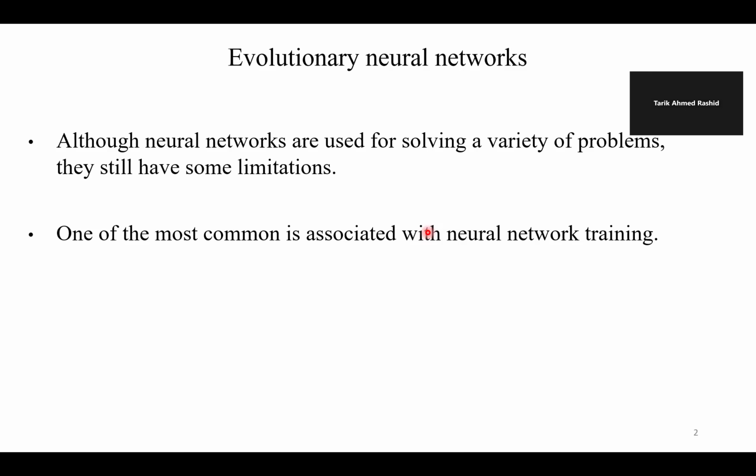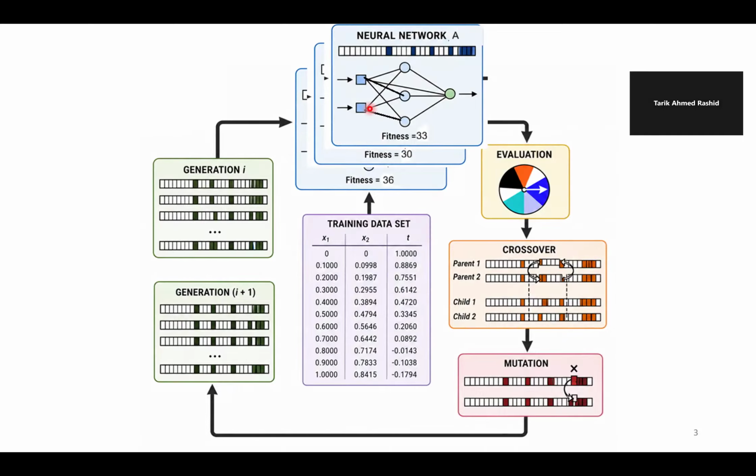In earlier videos, we trained a neural network with backpropagation, but this one we train with a genetic algorithm. So here is the cycle. For example, we have three networks, one, two, three. For each one of them, we feed input and find the mean square error of the output of the network. You can see 33, 30, and 36. Now these will be evaluated. The good networks with minimum fitness will be selected,